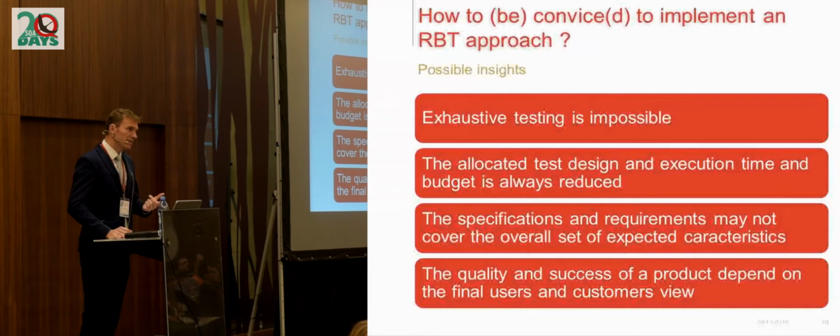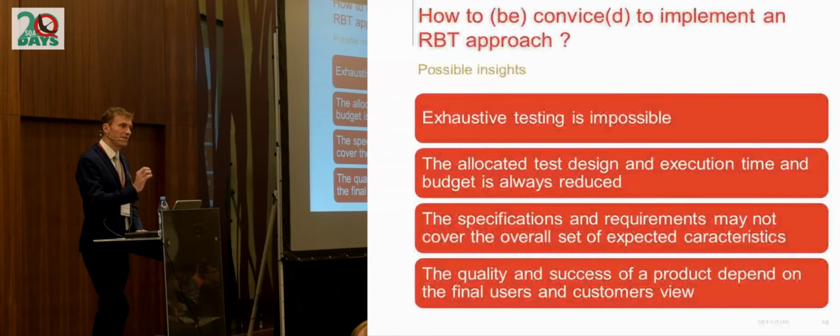The second point is that it always happens to have a budget cut during the project. You were expected to have 100 days of testing. You will only have 50 days. So you have to know what to do during these 50 instead of 100 days. And if you're able to select the test cases associated to the most risky parts of the software, you will not feel uncomfortable if you don't have all the time you wanted to have.